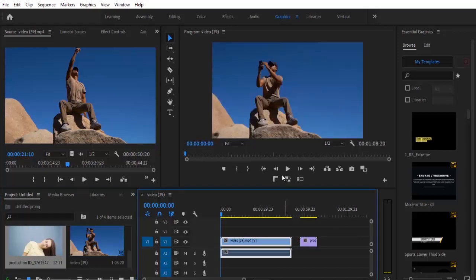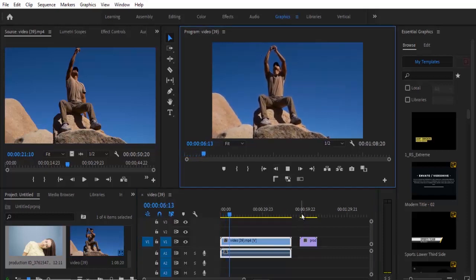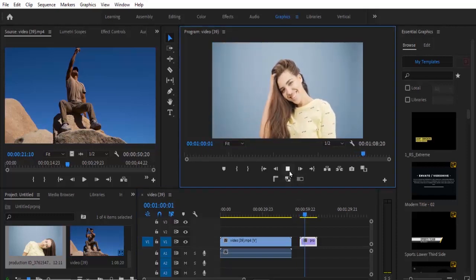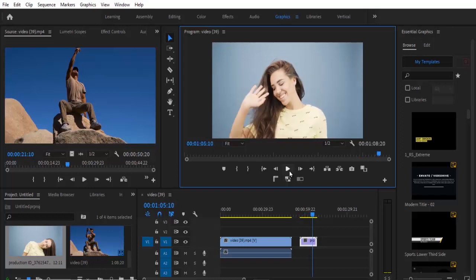So the first video I have here is a simple video of a guy sitting on a rock, and we have another video over here of a lady behind a blue background. It could be a green background, whatever background you have. So far the background is plain and spread across evenly. So the first example I want to show you is how to remove the background of a graphics,